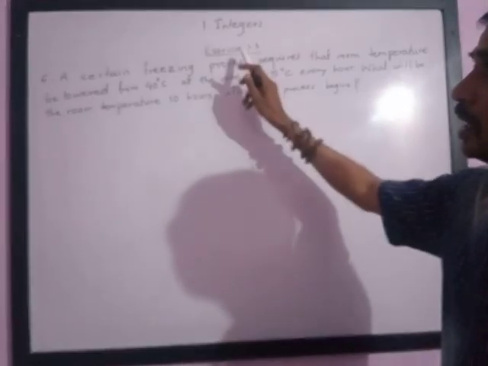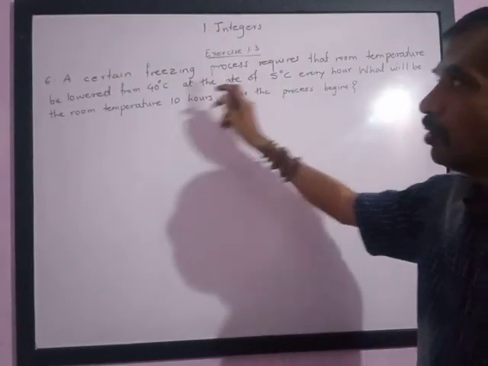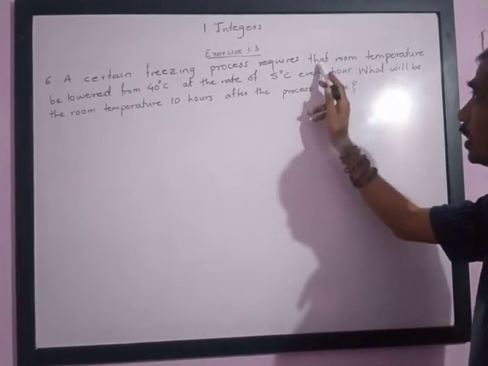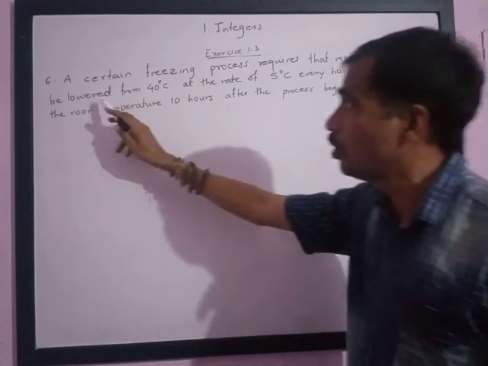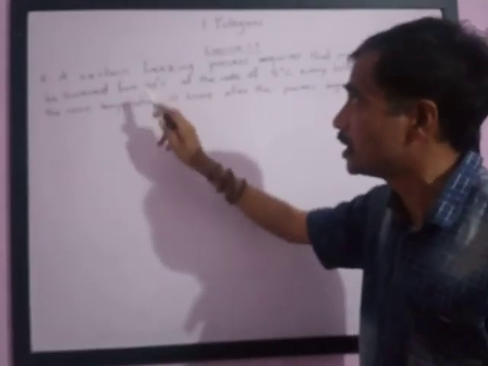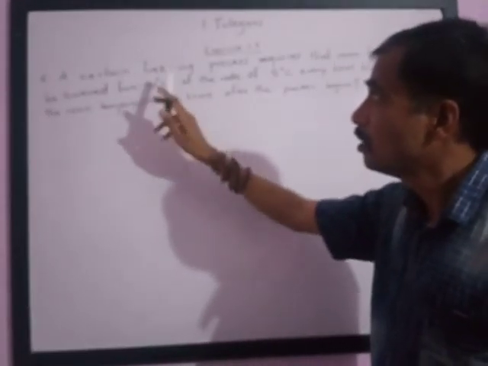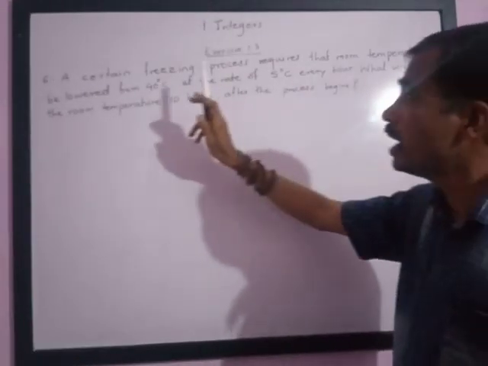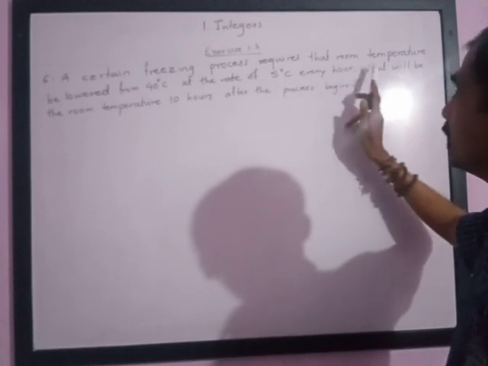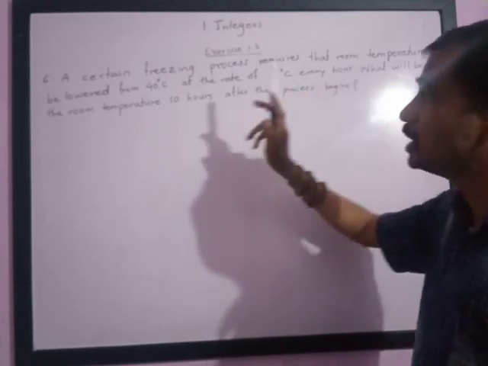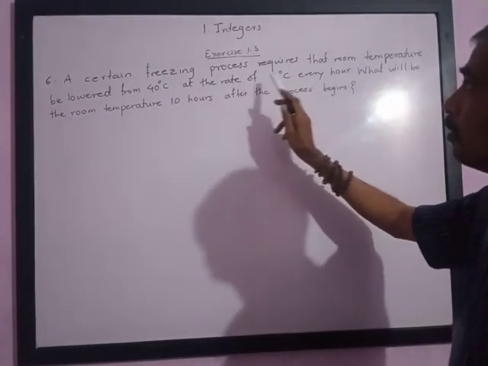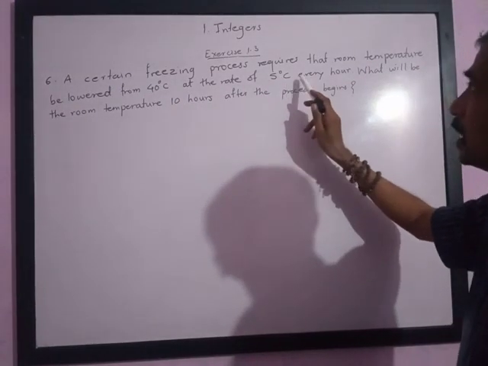Dear friends, in integer chapter exercise 1.3 we have the sixth question. A certain freezing process requires that room temperature be lowered from 40 degrees Celsius. So for the freezing process, temperature must be decreased from room temperature by 40 degrees Celsius at a rate of 5 degrees Celsius